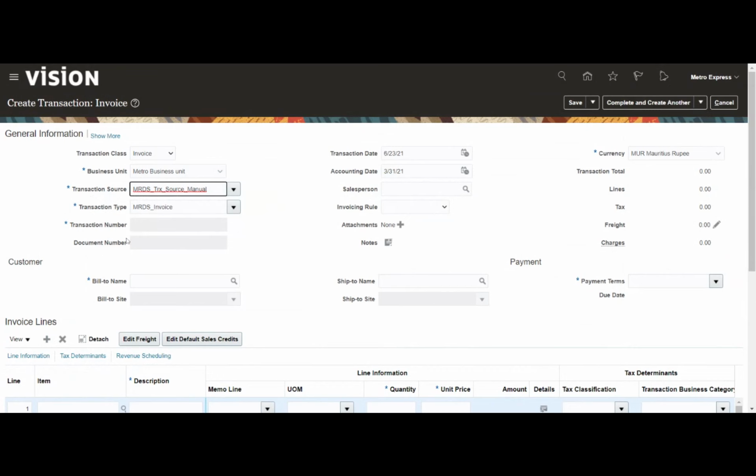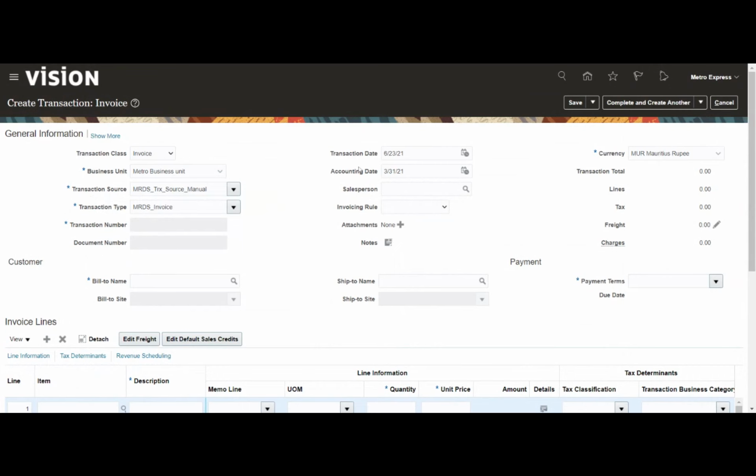And for receipt, we gave manual numbering, but for transaction type, we gave automatic numbering. And in system option, what we gave is that it will be generated once we save this particular transaction. That is why, if you see here, this is grayed out. I'll not be able to edit or enter any details. Automatically the number will be generated once I save this particular transaction.